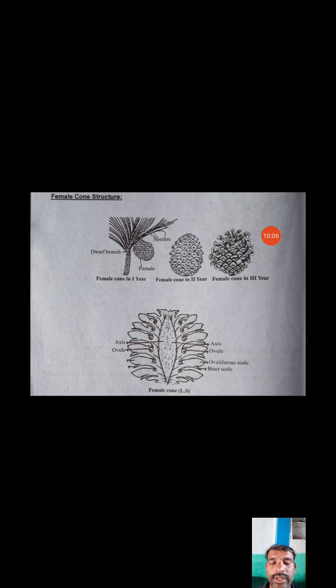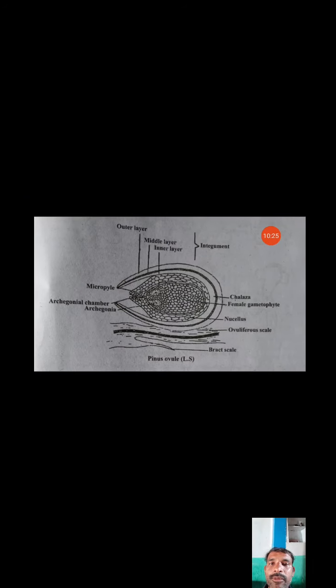The pine female cone is considered equivalent to the inflorescence of the angiosperm flower, with bract scales as true bracts and the ovuliferous scale arising from the axis of the bract scale. It is a modified shoot, the flower. Now I am going to discuss the general structure of the ovule in the female cone.